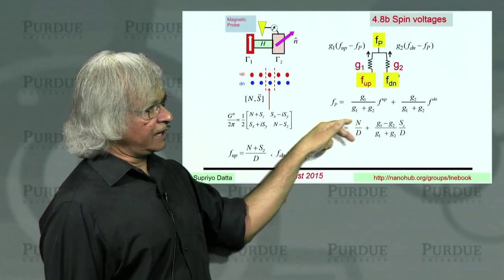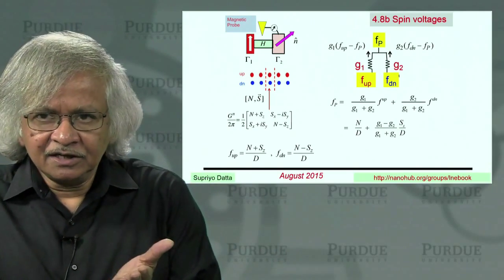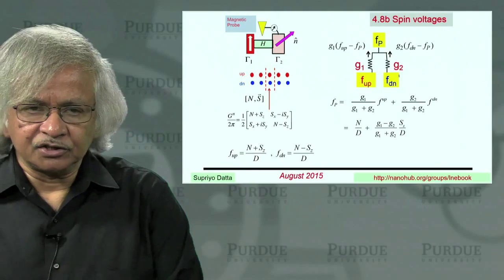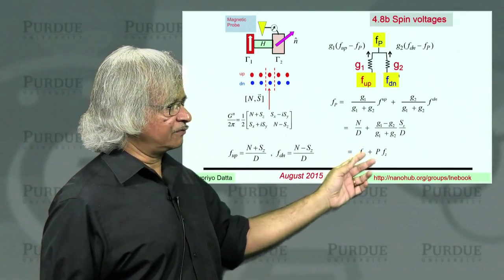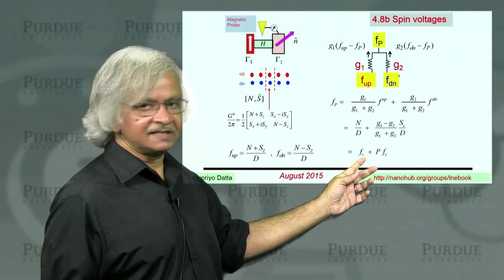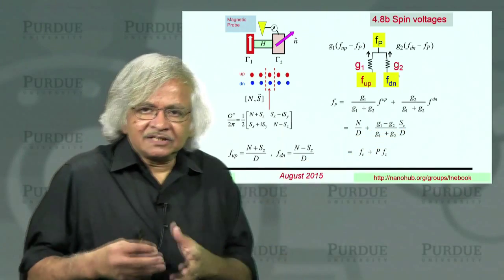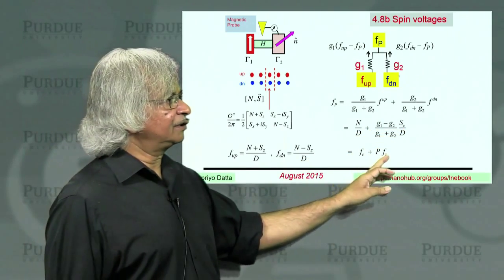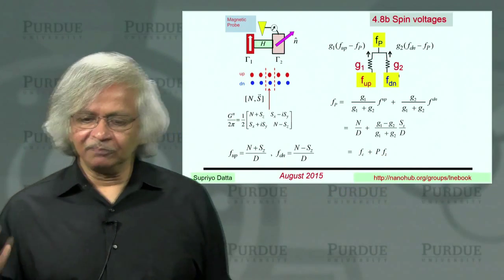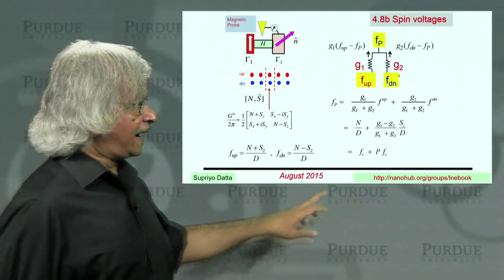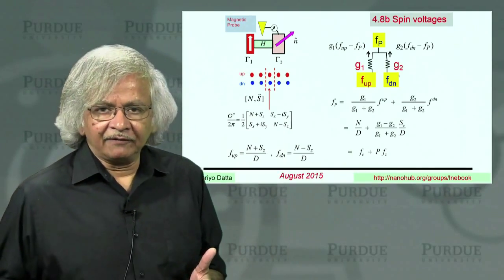Now, this first quantity, n over d, that's like our usual occupation. You have got a certain density of states. How many electrons do you have? So that you could call the charge occupation F, with this subscript c for charge. On the other hand, this Sz over d, that tells you how many spins you have. And that part is like a z component of F. That is what would translate into a spin potential, sort of. And ordinarily, you don't have this because you ordinarily wouldn't have any net spins.